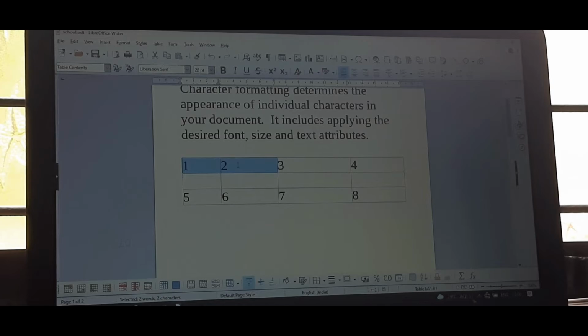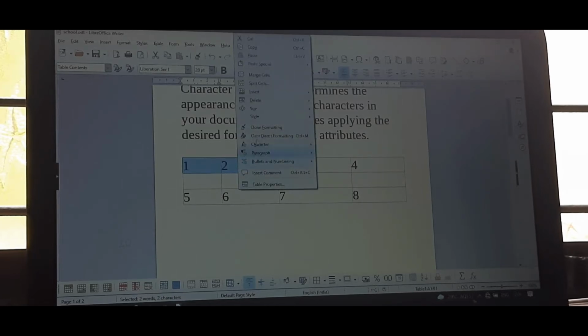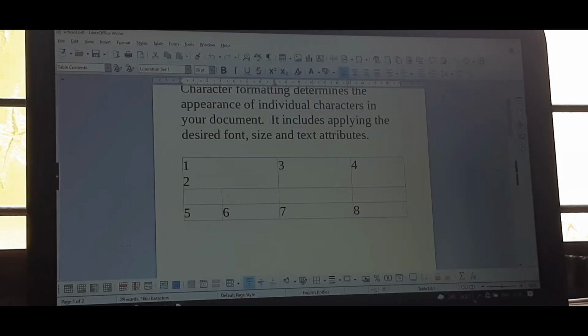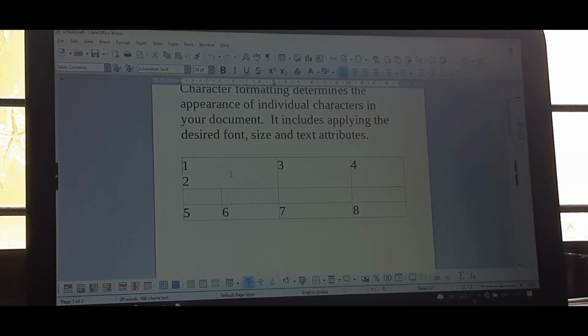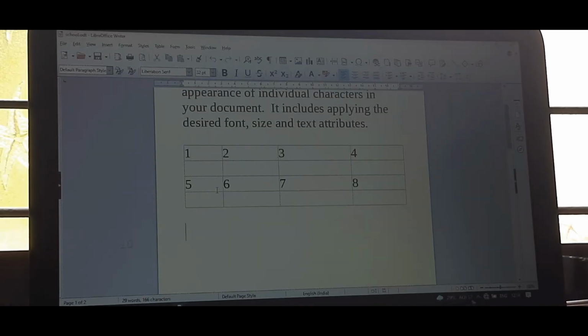So for that we need to select. See, here I have selected 2 cells. Right click, Merge Cells, one option is there. See, what will happen? These 2 cells are merged, and combined into 1 cell. Okay. Next is splitting and merging tables. Splitting a table means we divide the table into 2, and merging tables means the split tables are joined or combined into a single one.